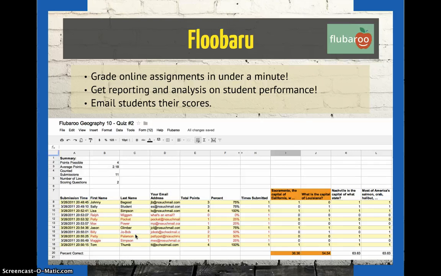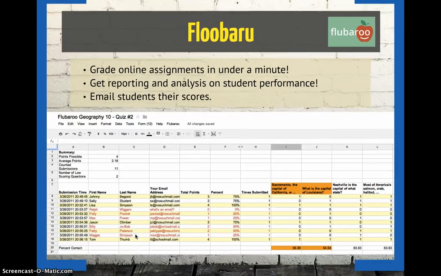Now Flubaroo is a tool that is only performed once. It doesn't do it every single time that a kid does a submission. So it won't give you an automatic grade once they submit it; you have to go in and run Flubaroo, and then it will grade all the submissions. So you only do this once the assignment is due and they can't do it anymore. It will then email all the scores to the students, and then within the form that you see here at the bottom,